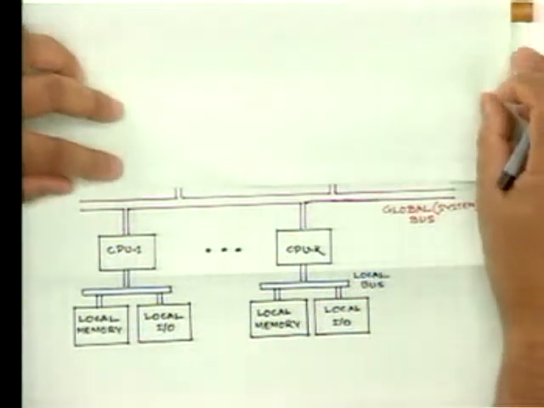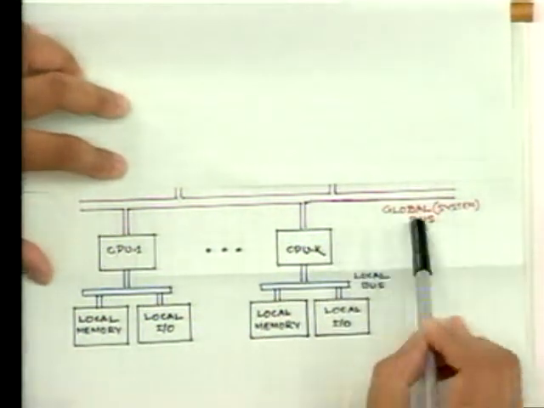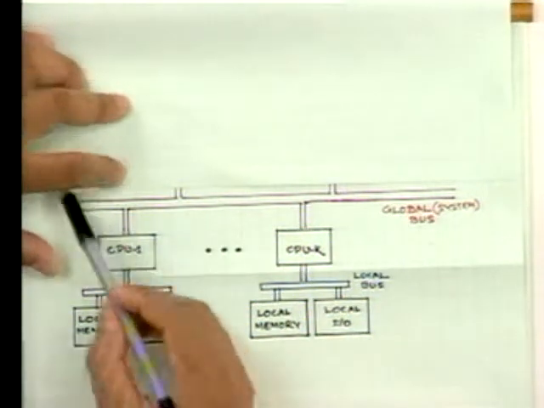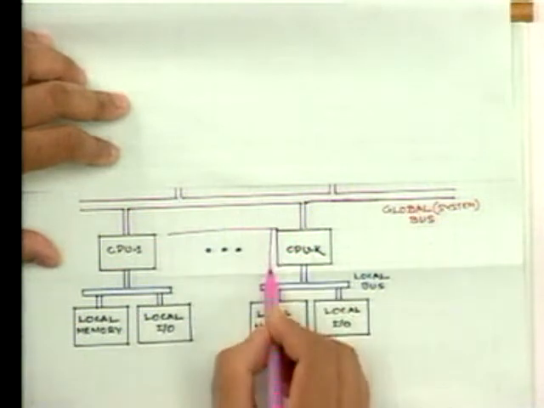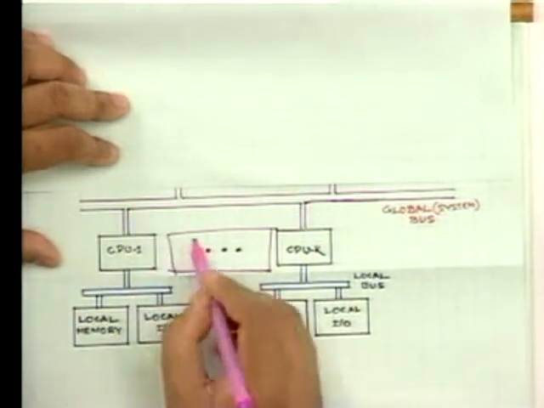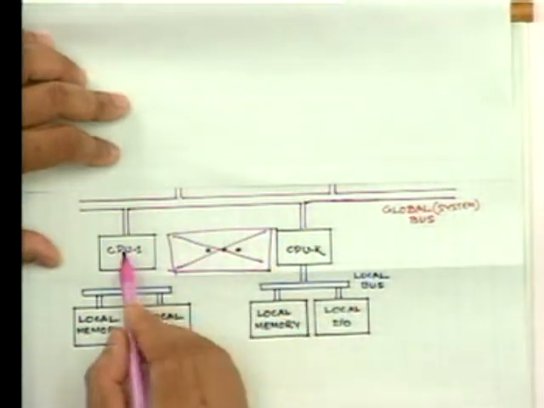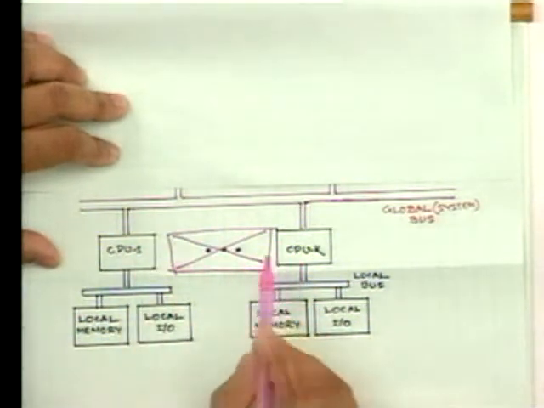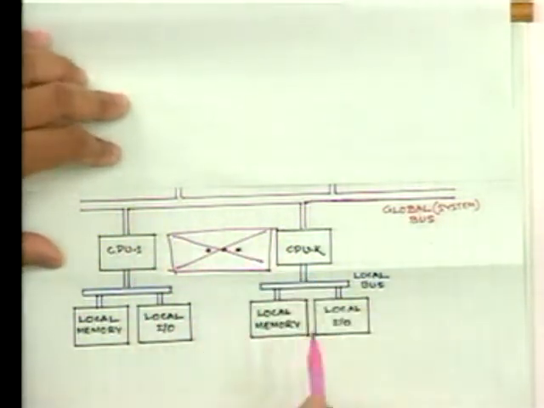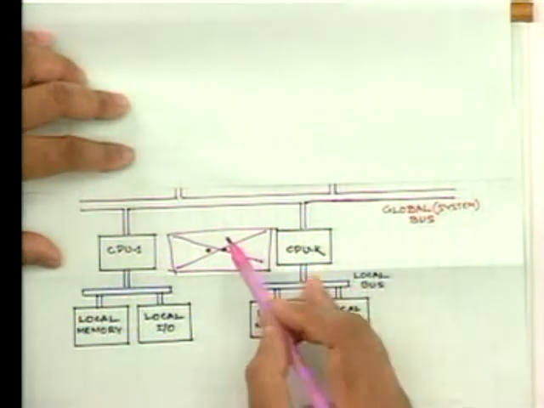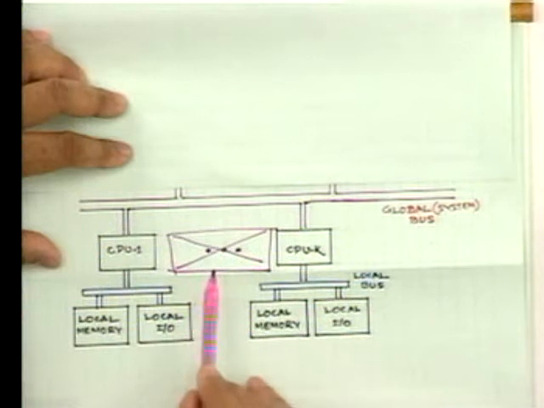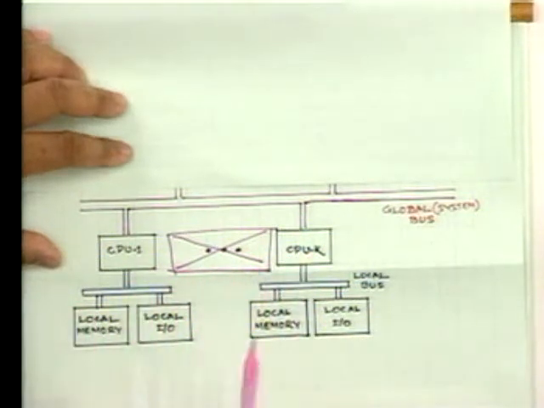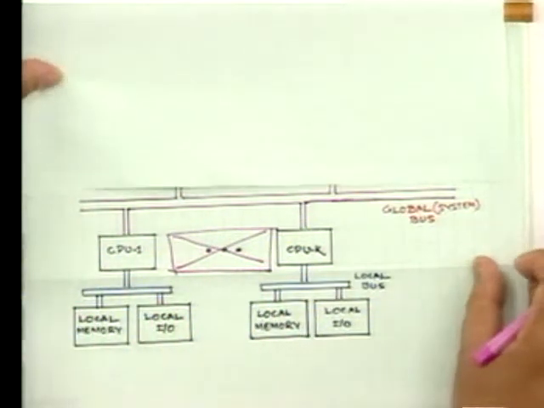in the case of a loosely coupled system, in place of a bus, there is sometimes what we call an interconnection network between the CPUs. Say this is the interconnection network that connects the different CPUs. There are various interconnection networks, which naturally is beyond the scope of this lecture, but this interconnection network speeds up communication between the different CPUs. That's all so far as